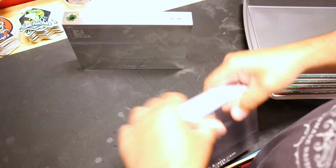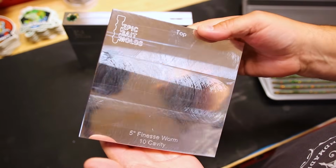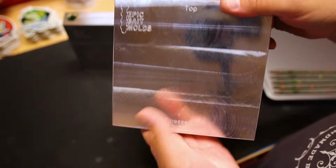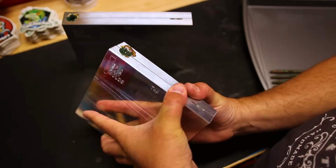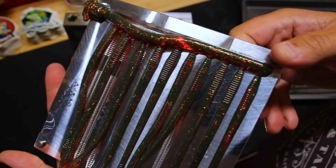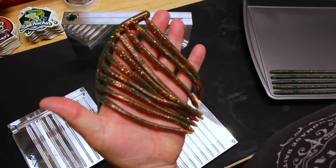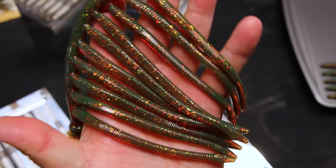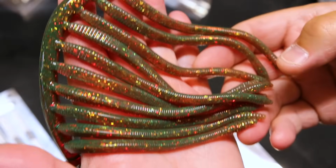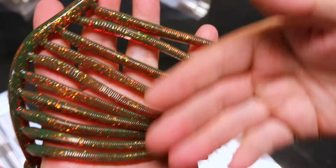All right, so let's take a look at the large cavity molds. Again, that mirror finish, you can see the camera. All right, so the 5-inch Finesse worm, 10 cavity mold. Of course it never goes according to plan. But there we go. Look at that. Absolutely beautiful. I don't see any major air bubbles right off the bat. So that's good. That means we had a successful injection, but there you go, 10 worms, one full pack. Awesome. The consistency,